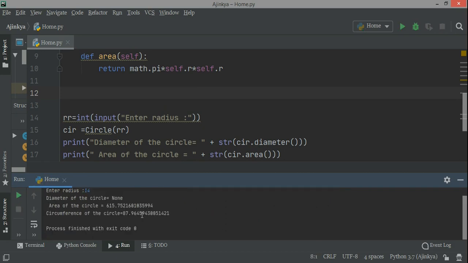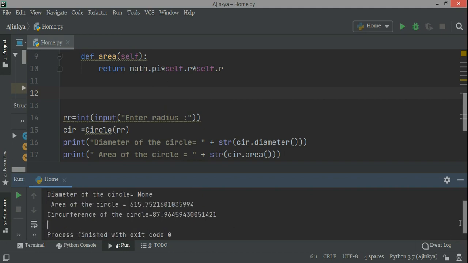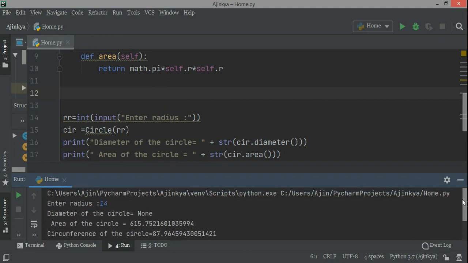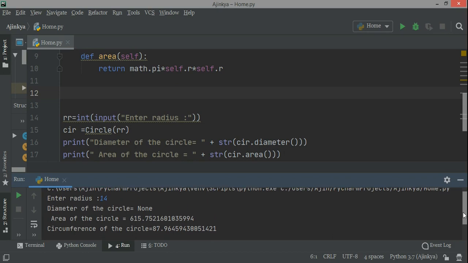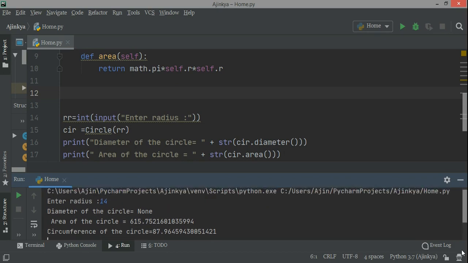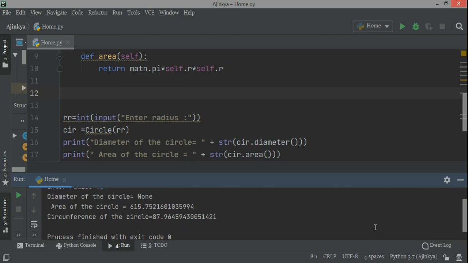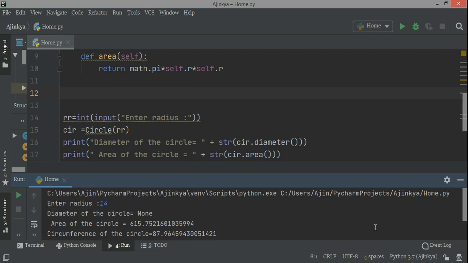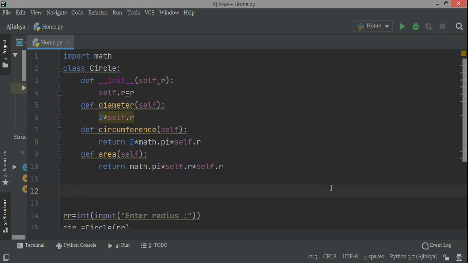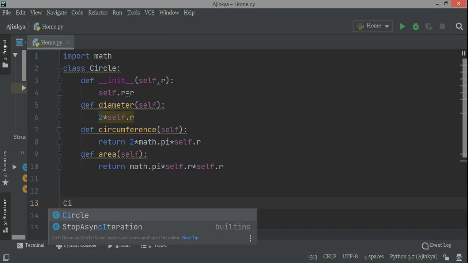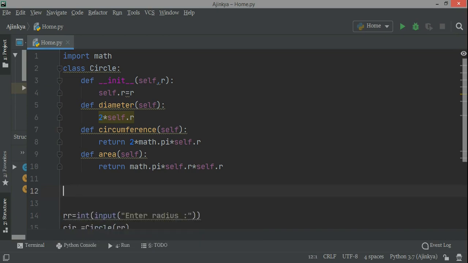So this is diameter, and now I need... Okay, let me see, the error will be there. Now I enter the radius. Till now there is not any logical error, it's just saying 14, and then it's saying diameter is not printed. That is fine, we are not interested in diameter also, but I mean to say that is a mistake. Here you see it's written diameter of the circle equal to none, because there is no return statement.